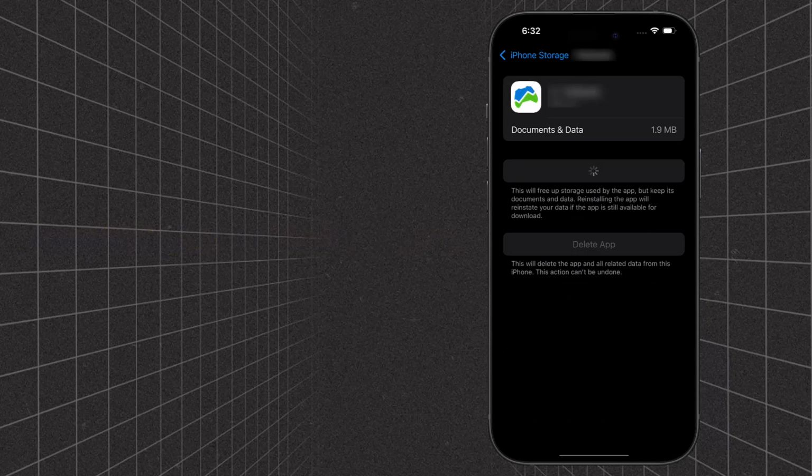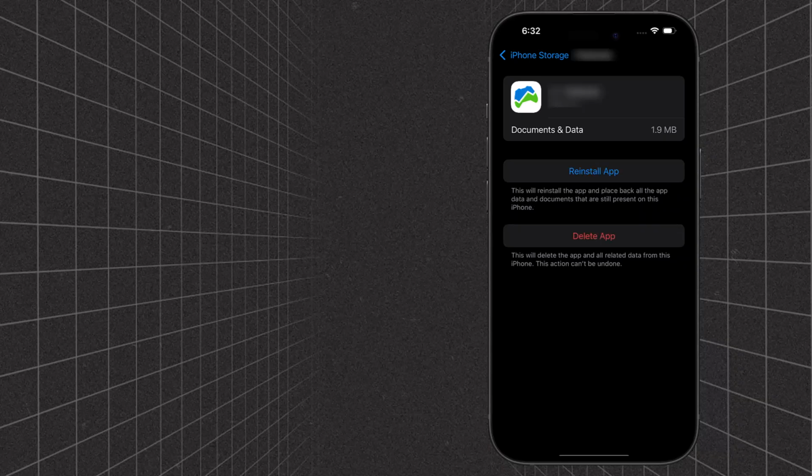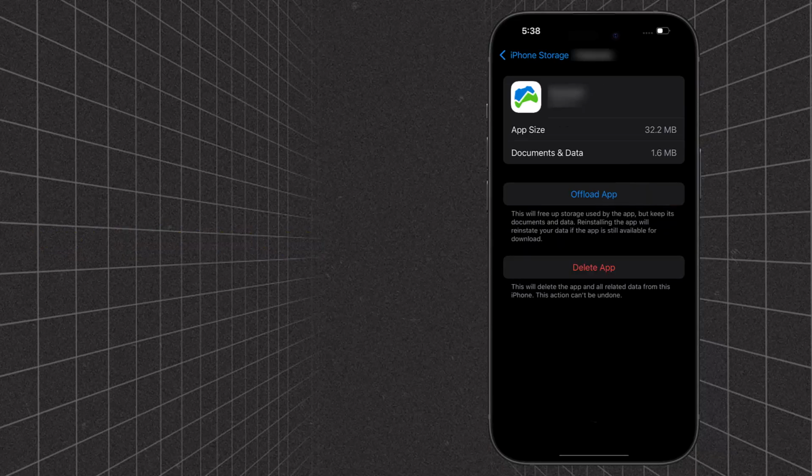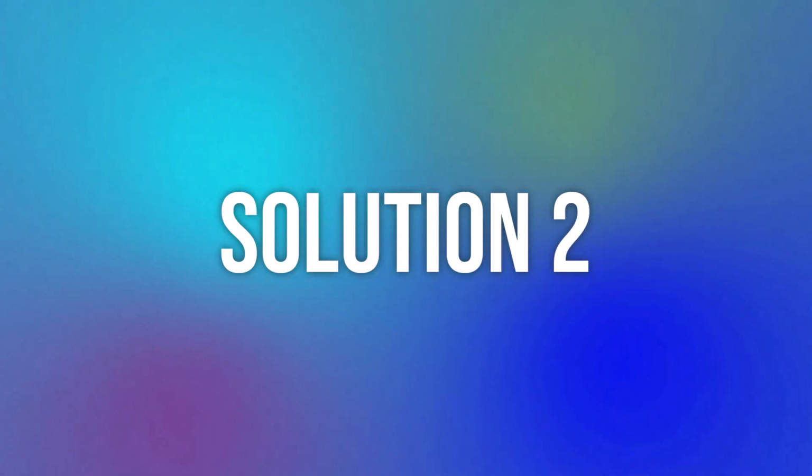It'll take a bit for processing, and then a reinstall button will show up. Simply tap on it to reinstall the app. This should resolve the issue, but if it doesn't, then you need to check if the app is running an